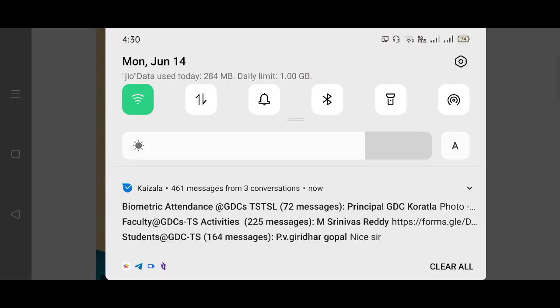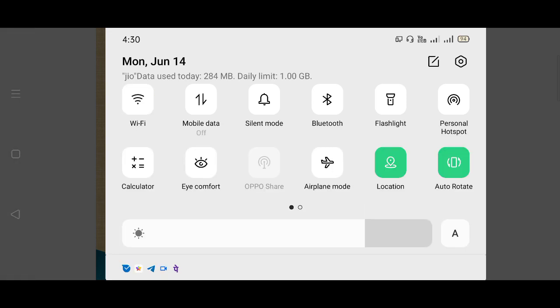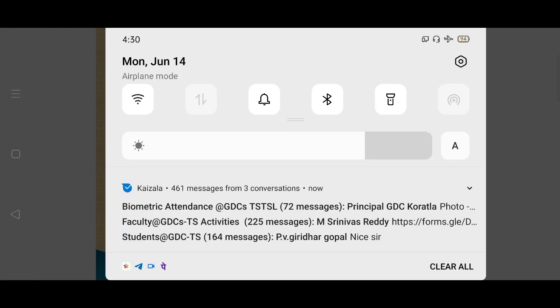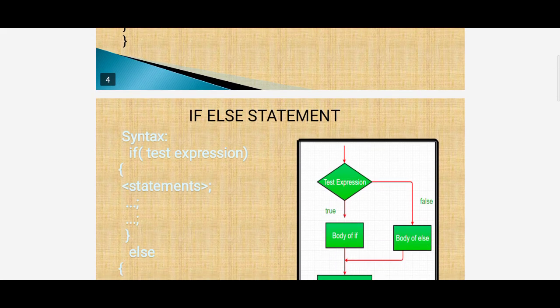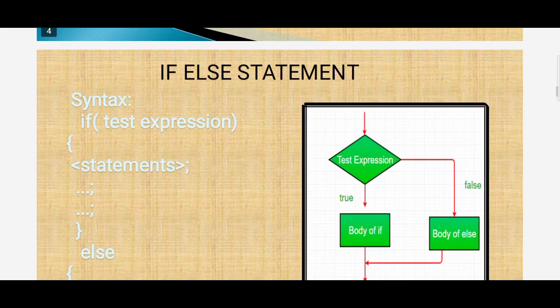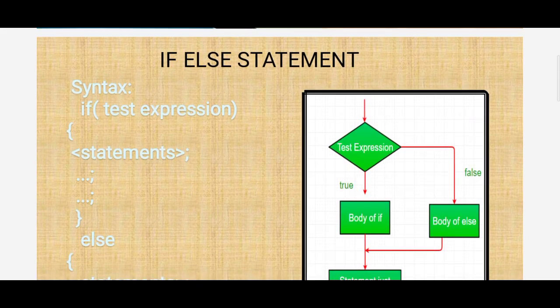If the condition is false, the statements of the body are not executed, and it goes to the end of the if statement.